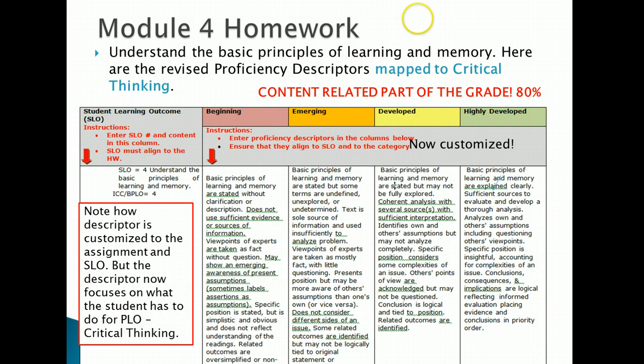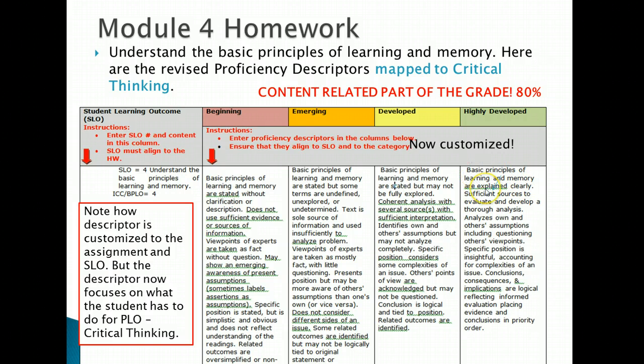So here we look at the actual homework that was developed for this, and we are asking the student to show that they understand the basic principles of learning and memory. So this assignment has asked the student to describe those, and the basic principles here, now customized,